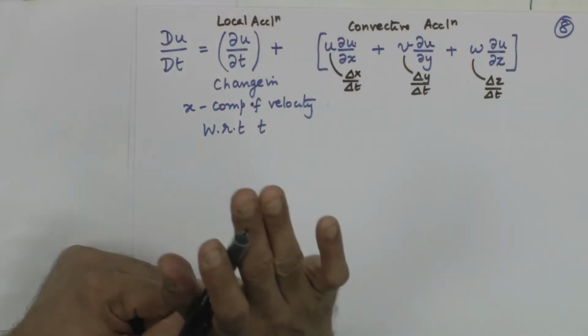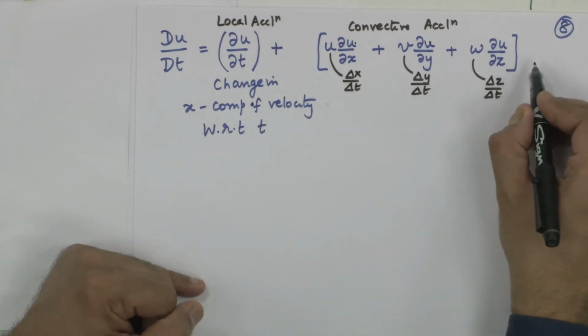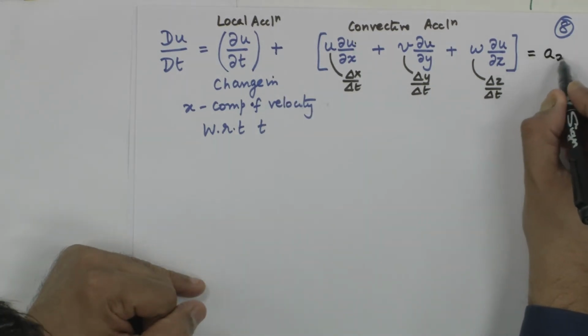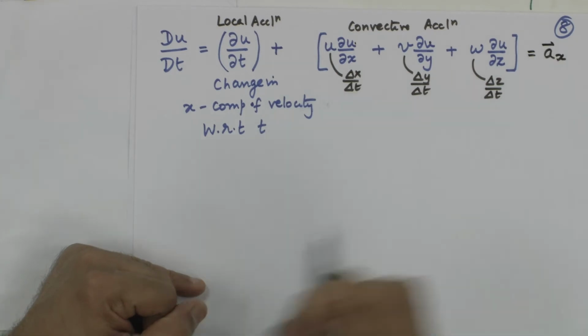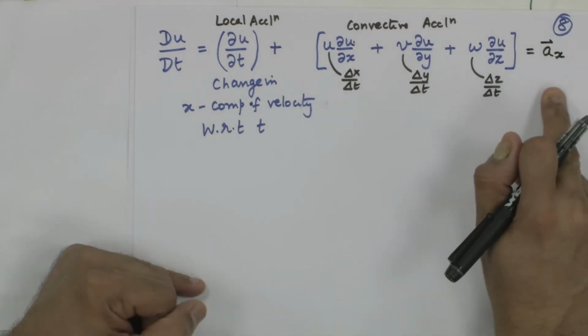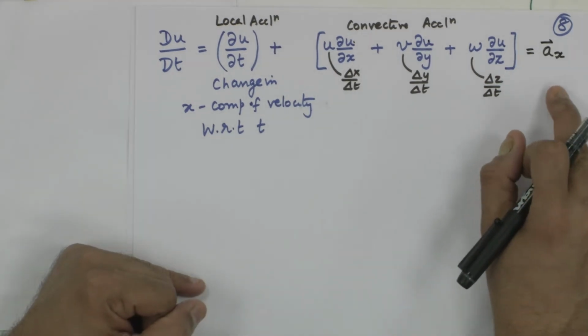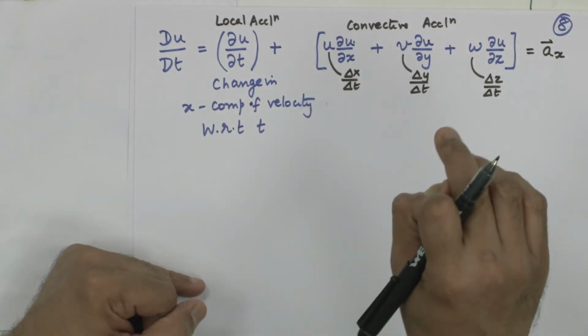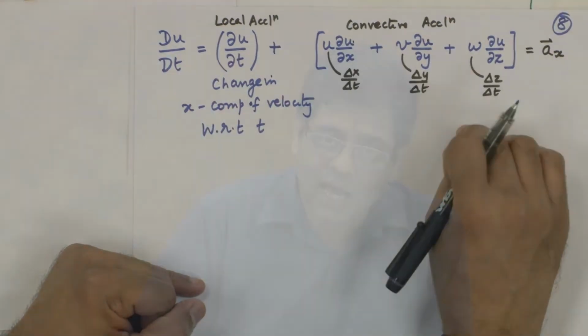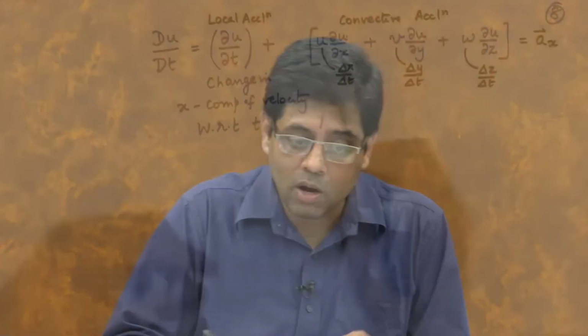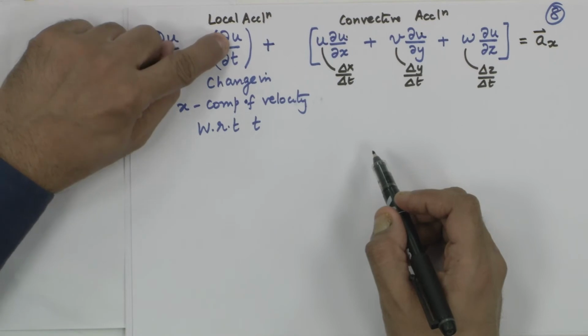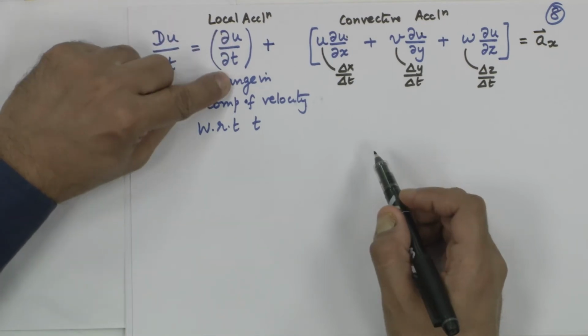Remember one thing, this is all related to x component. I am writing du by dt. This is not d capital V by dt. It is the whole thing written for acceleration in the x component only, ax, x component of the acceleration. That means what all changes are possible to the velocity in the x direction. What is the x direction velocity? u. So, we are worried about change in the velocity, x component velocity u, with respect to time,